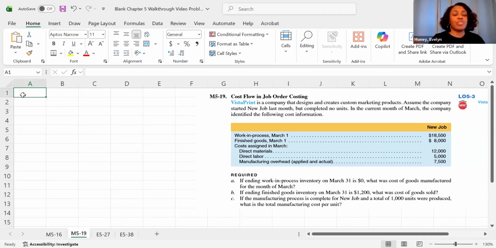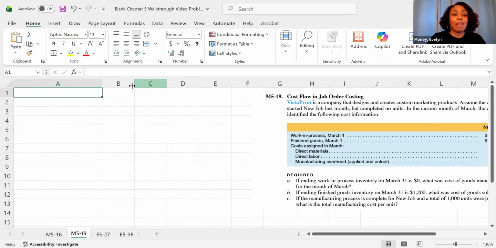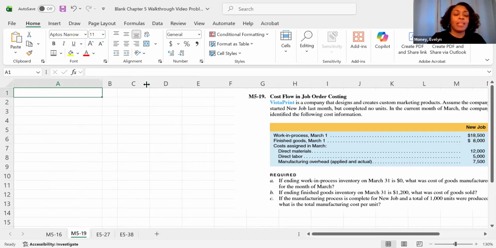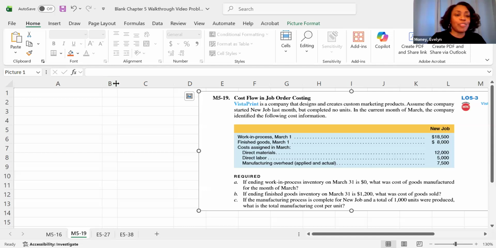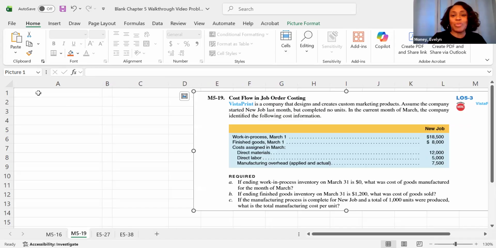Now, of course, we're going to try to do this in a manner that is uniform and neat for you so that when you go back and look at it, it actually makes sense later on. That's my hope. But we'll see. I'm sure I'll make it somewhat uniform. And if it's difficult to follow, just reach out to me and say, I don't understand your spreadsheet, and I'm happy to do another one for you.